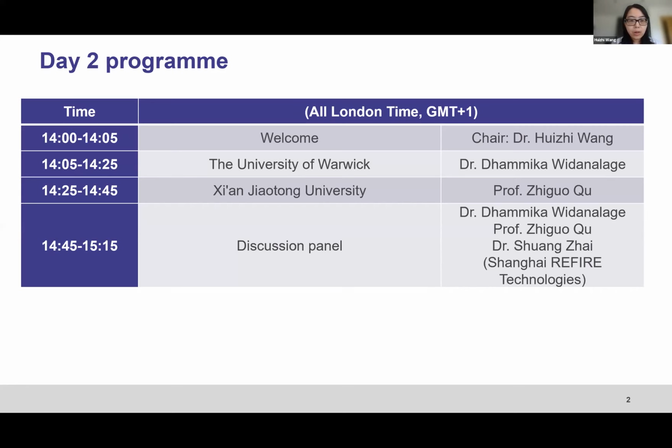So the first talk will be from Dhammika. Dhammika is an associate professor at Warwick Manufacturing Group at University of Warwick in the UK, and he completed his PhD in system identification from Warwick, followed by a postdoctoral position at the Free University of Brussels, where he applied the methods to battery modeling. At Warwick, he continues to develop system identification with related machine learning techniques and works closely with several UK industries to transfer the research into applications.